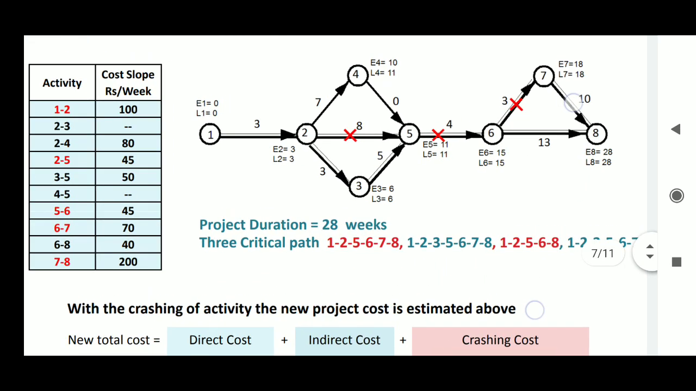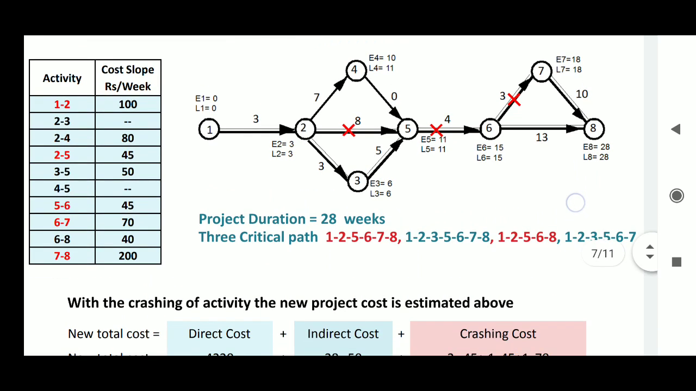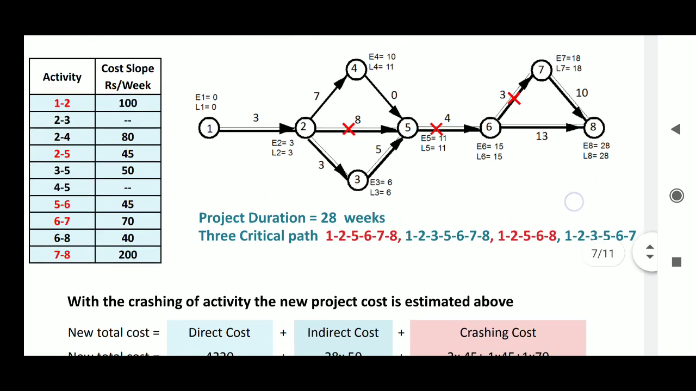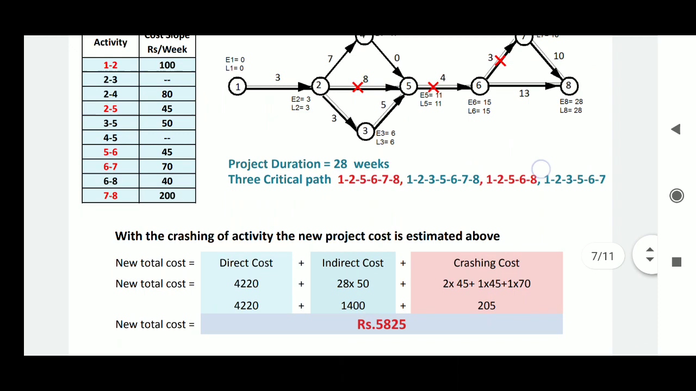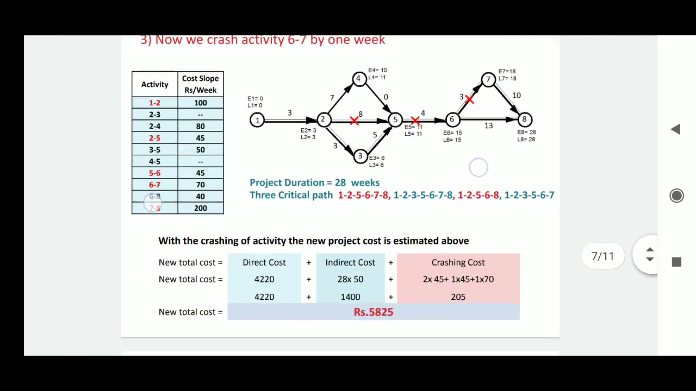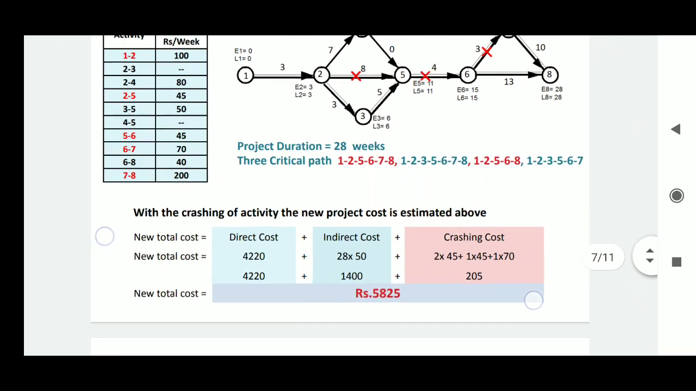Okay, so here the duration of that project is 28. And here the 3 or 4 paths, another new critical path is developed if we crash activity 6. This is permissible. Okay, now see the costing of that project, that the new total cost is, that is 4220